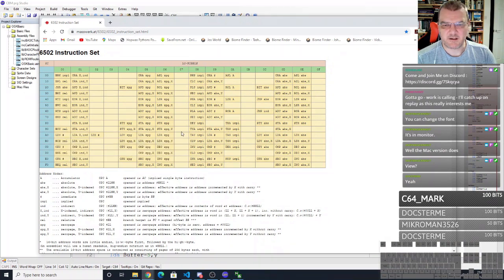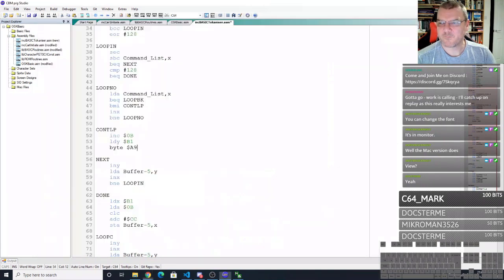A9, I think it's LDA. Yeah, LDA immediate. Right. So what they do is, if they want to jump to next, which they do from here, they can jump to this and it's INY. But when they come through this, they don't want to increase Y because they've just loaded it here. So what they do is they put a byte in, $A9, which is LDA immediate, and then it loads